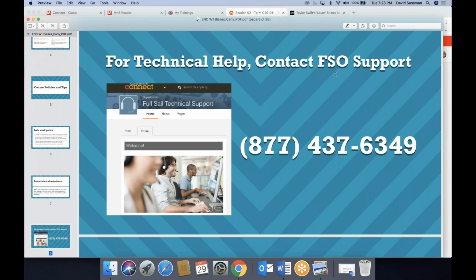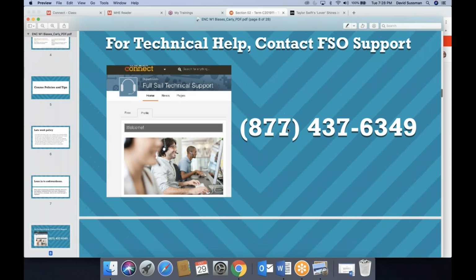So if you're not sure how a certain function in Microsoft Word works, or something in general about your computer, these guys and gals can probably help because, again, it's technical help in general. Yes, there are specific experts on FSO, the platform we use, but you can turn to them with any of their questions and they'll be able to help.